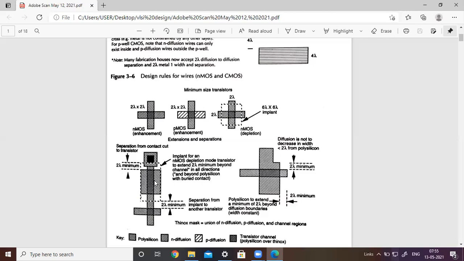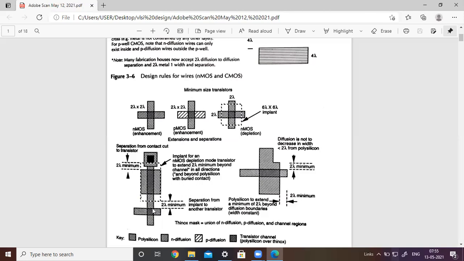So here in the depletion mode transistor, the channel length is higher. Remember, this is the special case of the depletion mode transistor. Another important thing you have to remember: this is the bottom level of the implant, and it must have a minimum separation of 2 lambda from the next transistor channel.